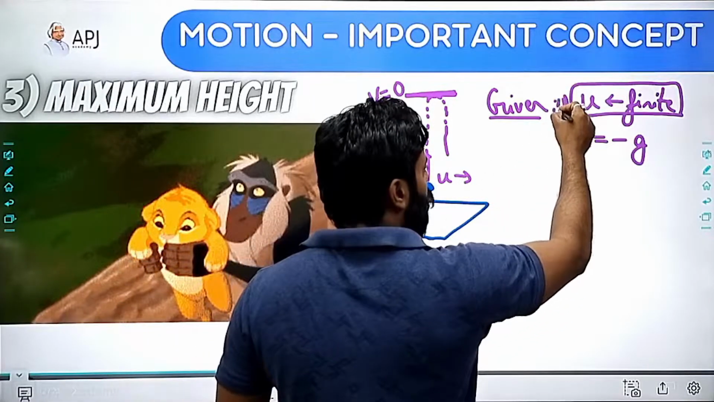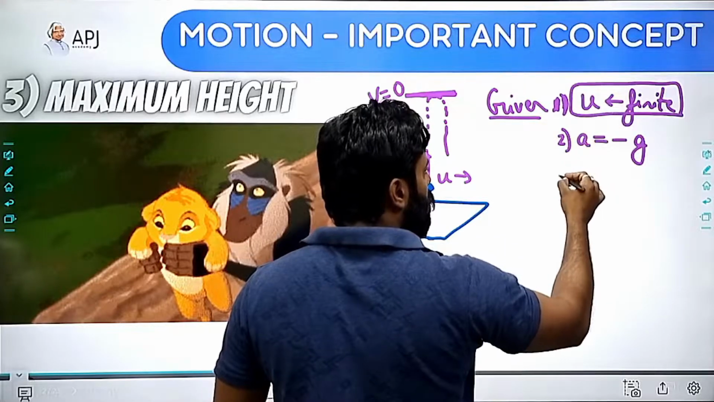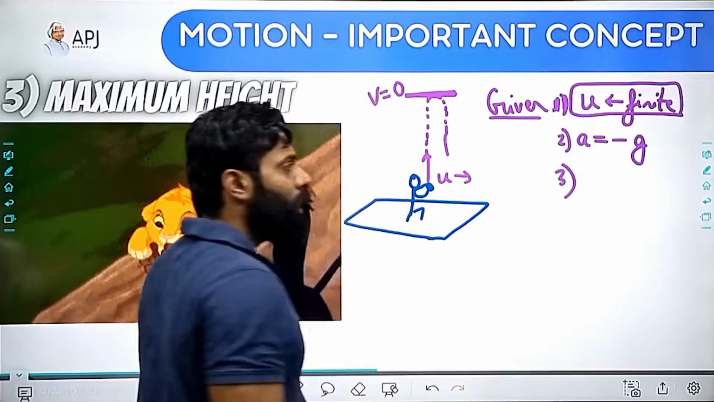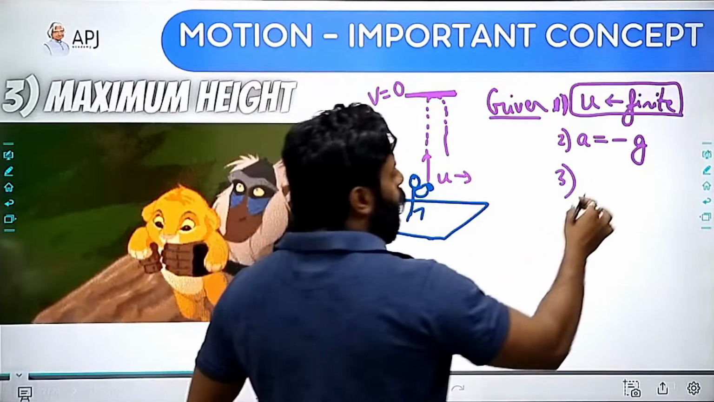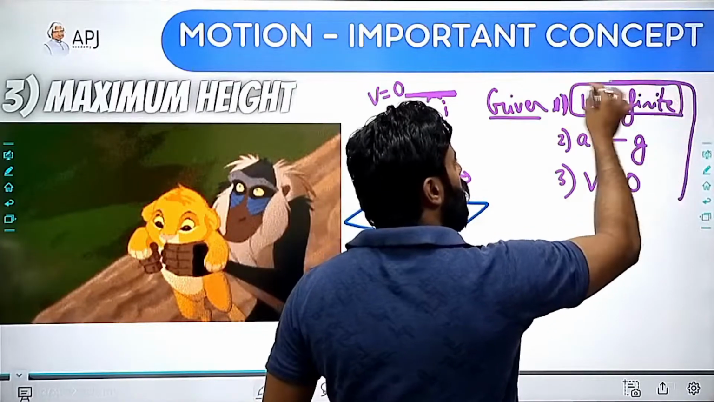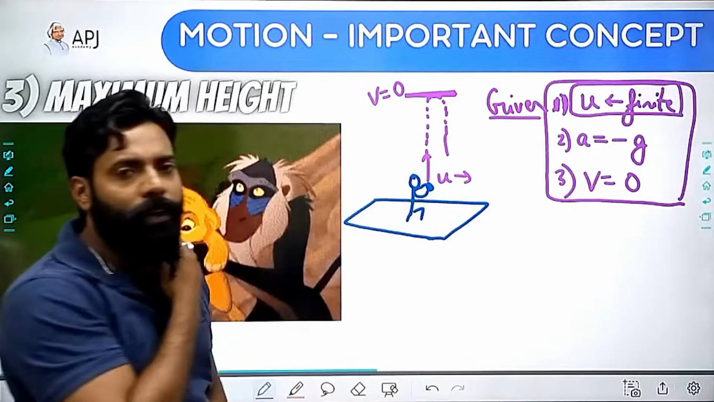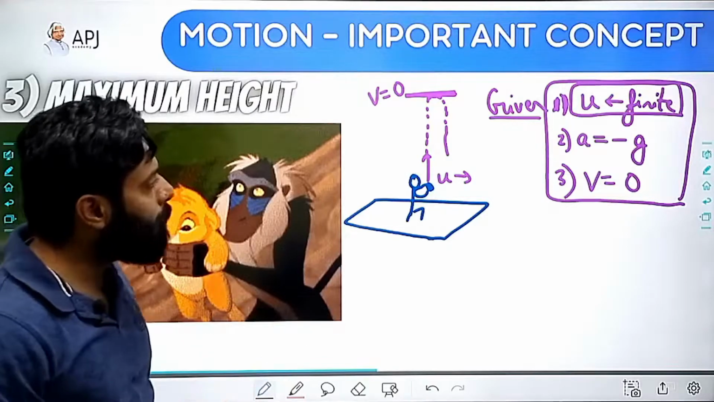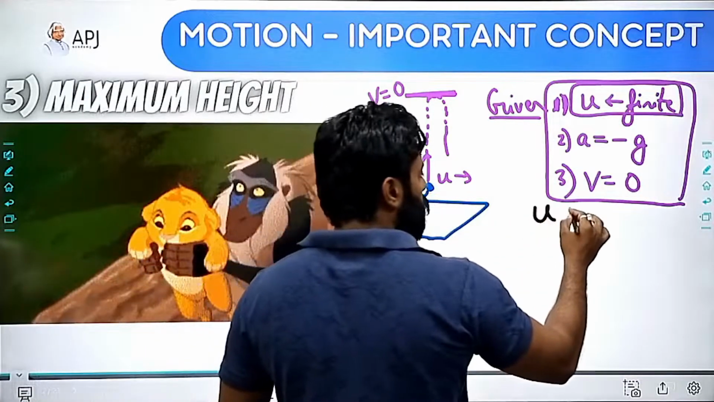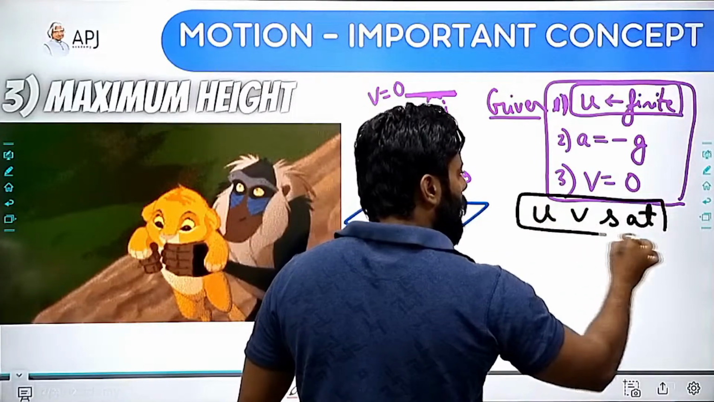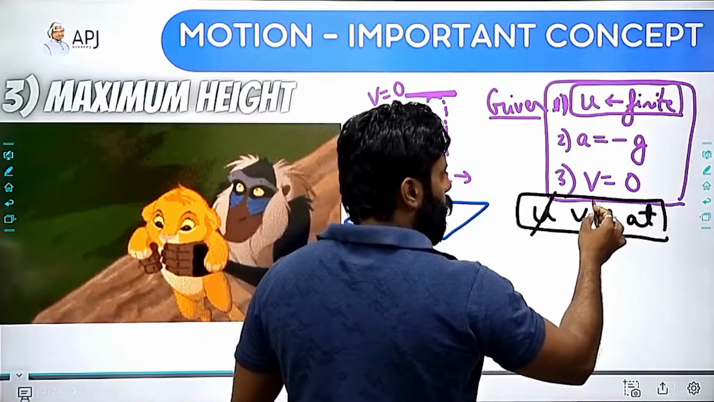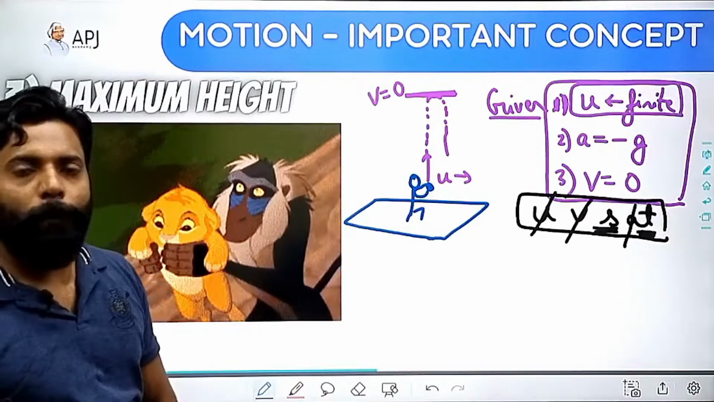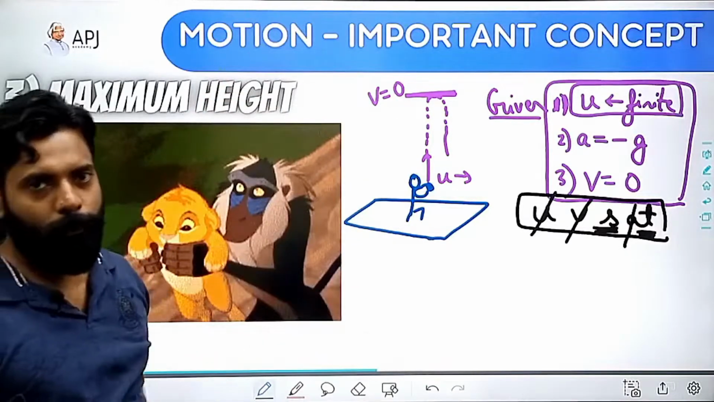So the first and foremost thing is initial velocity is given. The third, the last thing which will be given here, or we should know, is that the final velocity is 0. So these are the three parameters which are given. Okay, then how many parameters are left? From the UV set, these 5 parameters, this u is given, this v is given, this a is given, then I can find s and t, right? So the maximum height to which the object can rise